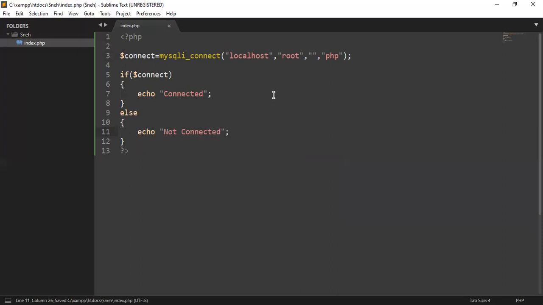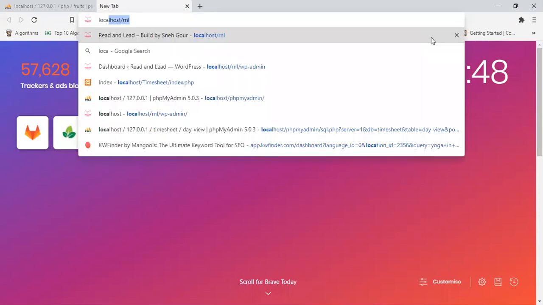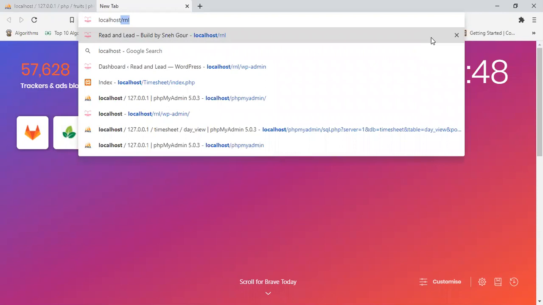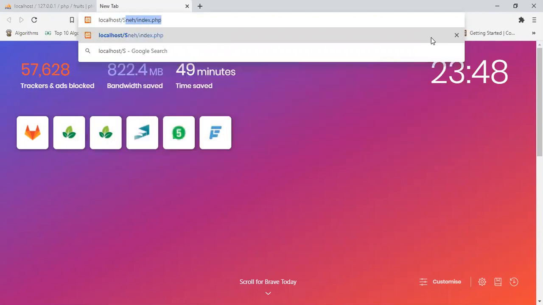So let us run this code in the browser and see if the connection happens with the database. Localhost, and our file is in the snap folder and index. Yeah, desktop. Yeah, it is showing connected. So our connection is established with the database. So our second step is achieved.